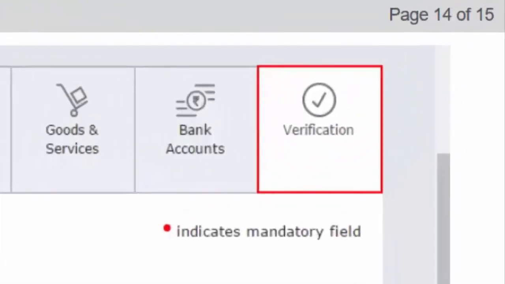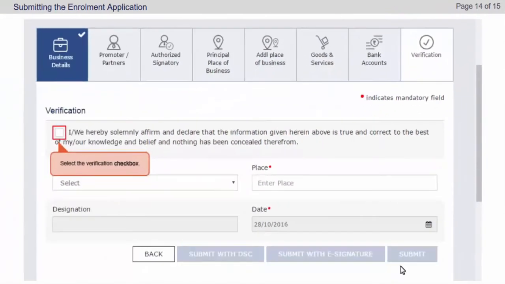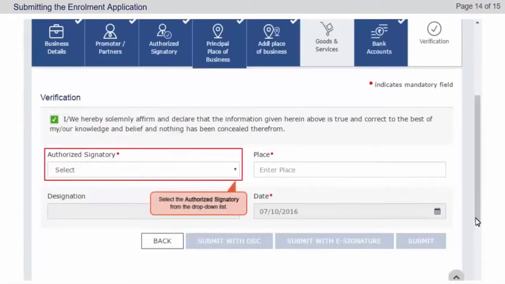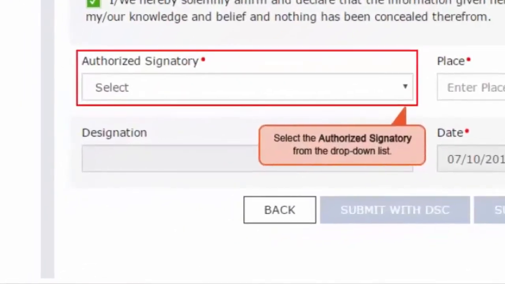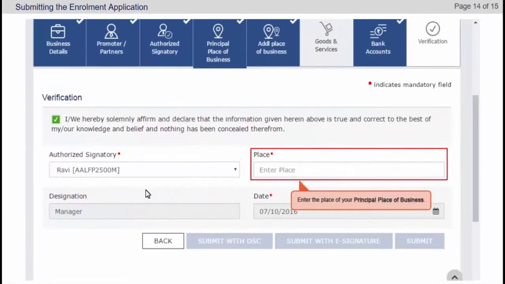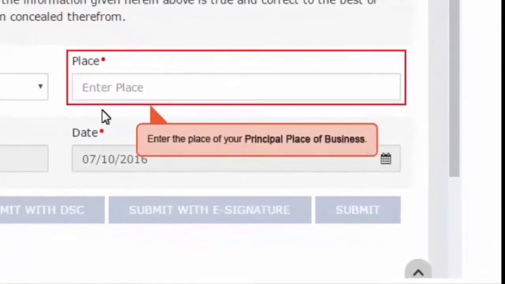In the Verification tab page, select the Verification checkbox. Select the authorized signatory from the drop-down list. Enter the place of your principal place of business.